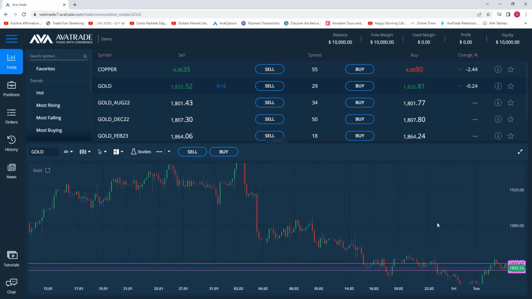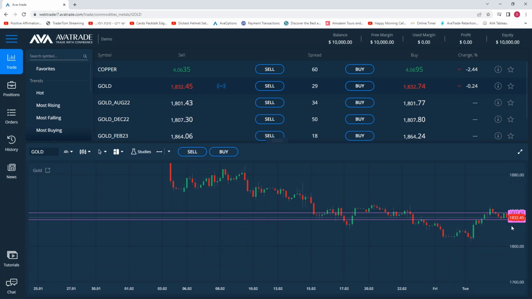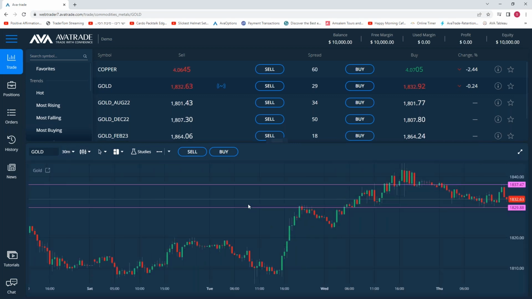You could see that gold, if it breaks through the previous candle, can go lower. If it breaks above the previous candle, it can go higher. But at least you know that you have this channel for now, for the next 4 hours, 8 hours, and so on. So when you go to 30 minutes, you have a few options. You can wait and try to buy it here. I don't know if it's the best thing, maybe, or you can wait till it goes up and sell there. As of now, it's in the middle of the channel, so it can go both ways.